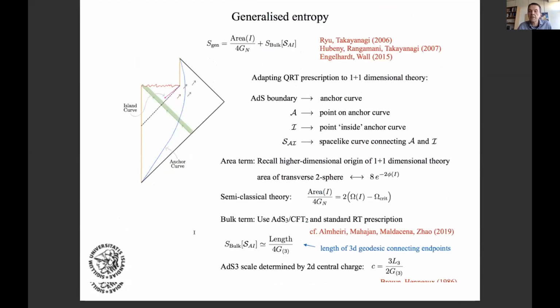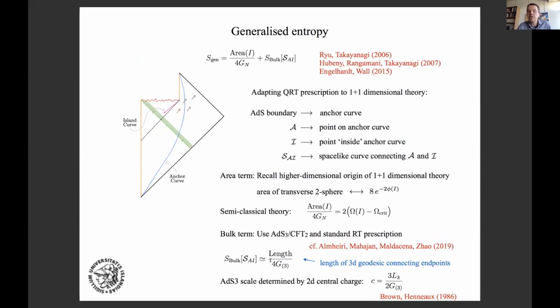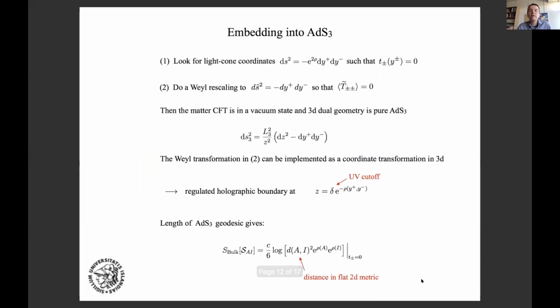And the 3D length scale is related to the 2D central charge by the Brown-Henneaux formula. Okay, so that's then how we're going to proceed, but we need to do this embedding into AdS in a couple of steps. And the first step that we're instructed to do by these authors here